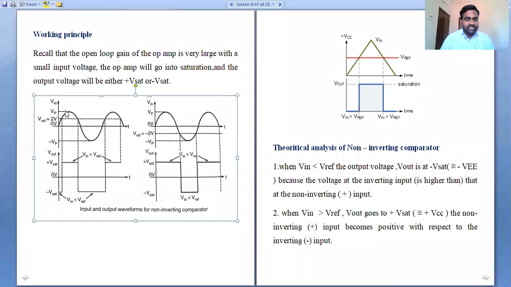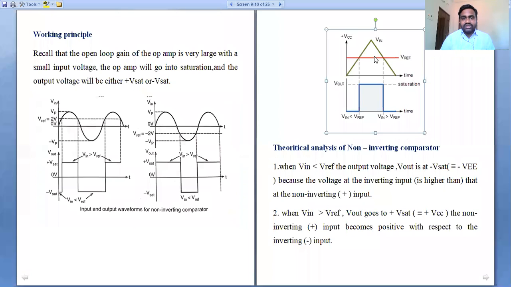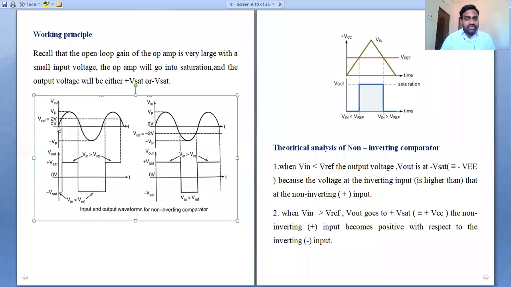It has two peaks. See the output waveform. Here it has two peaks. One is a positive voltage peak, and the second one is a negative peak. Okay, and I analyzed the behavior of the non-inverting comparator with a positive reference voltage of 2 volts and also a negative reference voltage of minus 2 volts. Two types of reference voltage I observed. Okay, first we will see the input and output waveforms of the non-inverting comparator with a sinusoidal waveform, that is a time variant pulse, and next we will explain with the second characteristic, the triangular pulse, which is also a time variant pulse.